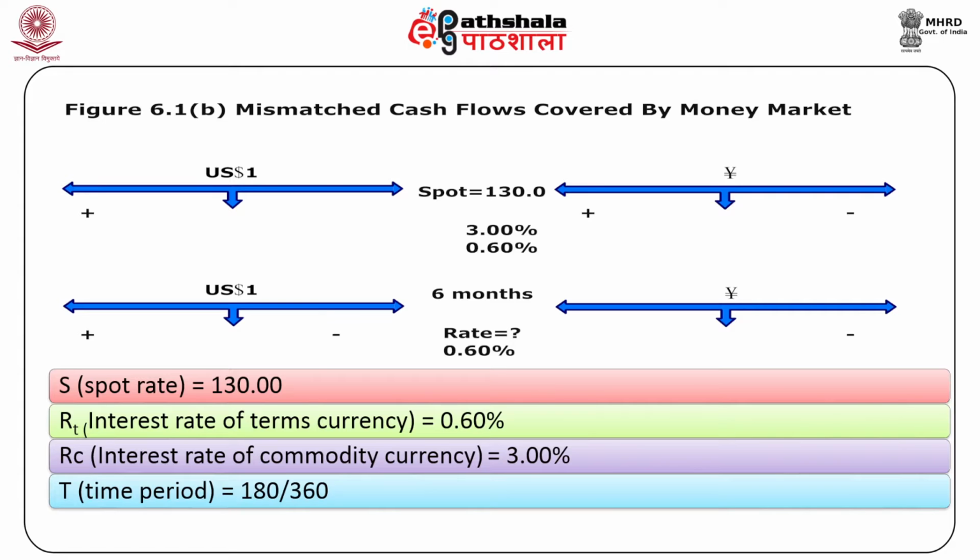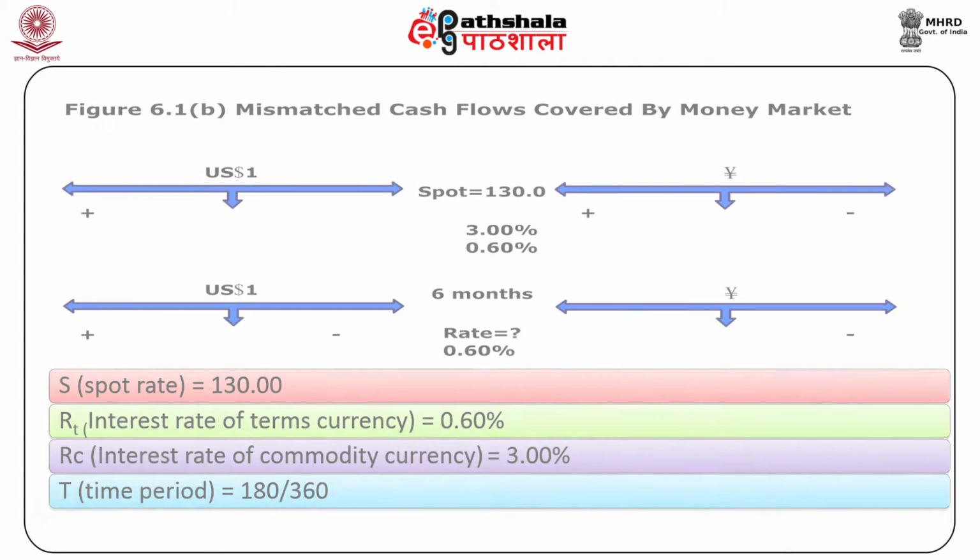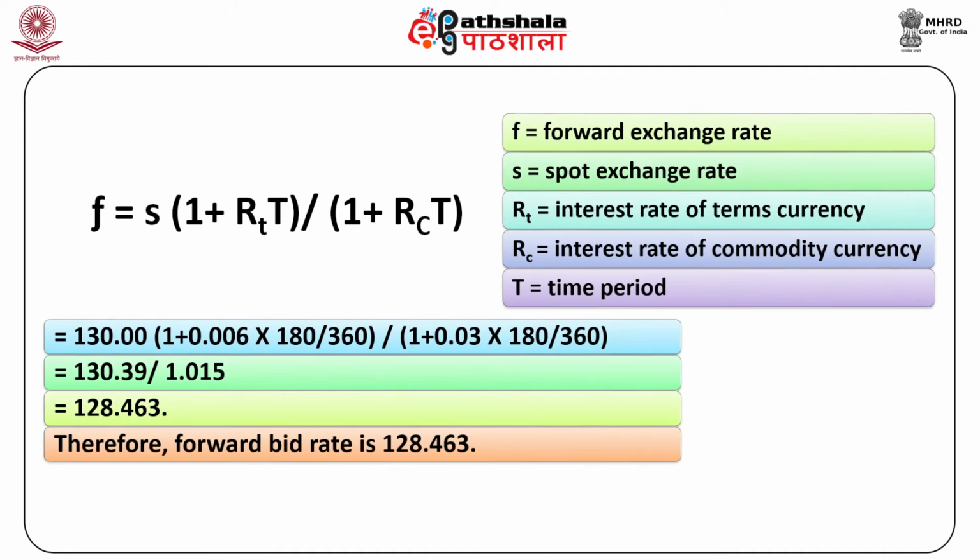That is, F is equal to S within bracket 1 plus RT by 1 plus RC T, where F is equal to forward exchange rate, S is equal to spot exchange rate, RT is equal to interest rate of term currency, RC is equal to interest rate of commodity currency and T is equal to time period, which is equal to